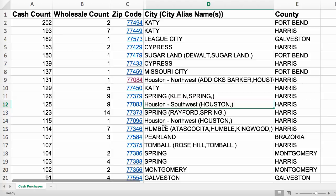Rank number 11, and then you have 77095 here. This is I think your Cypress area. Yeah, and again, great area as well. Rank number 13. Humble, Atascocita, Kingwood, great area as well, ranked number 14. Of course, all of these are great areas, so I keep on saying great area. I need to stop saying that. But they're all really great. That's why they rank in the top 20. Pearland, super hot right now. There you go. I used the word hot instead. Super hot, ranked number 15, 77584. Tomball, also very hot,